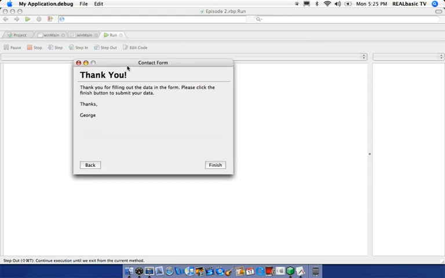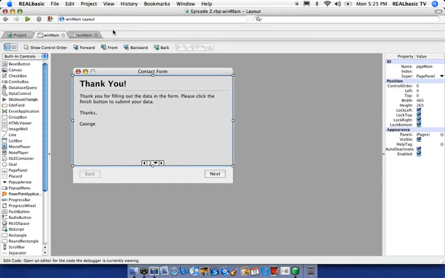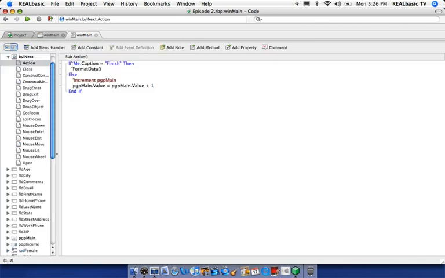Now the last thing we want to do before we're done with this project: as soon as the user clicks finish, it's going to automatically open up the email program, but we're going to want this program to close. Now you may want it to close, you may not. In this case, we're going to make it quit itself. So locate the finish, or click the next button here. So after we run format data here,